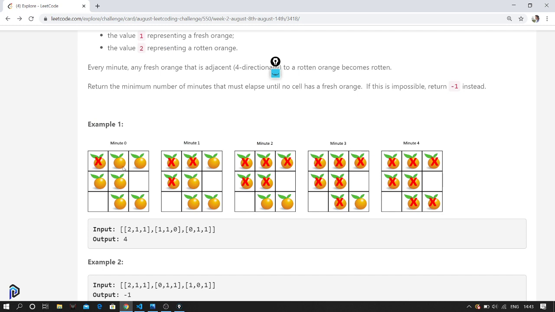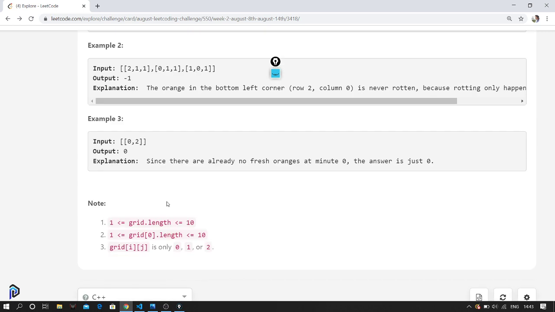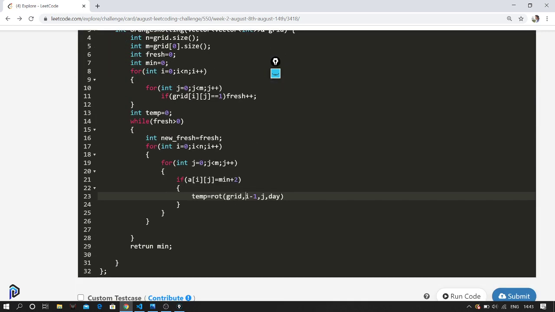Considering this orange, I'll rot one above, one to the right, one to the left, and one to the bottom. That's what I'm going to do in this condition. So I'm rotting the left one first. Similarly, I'll rot the right one.